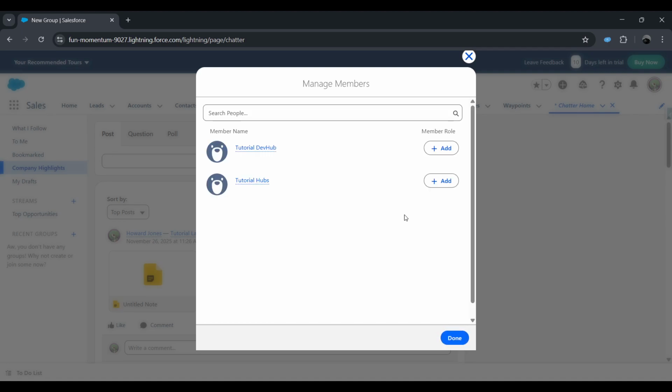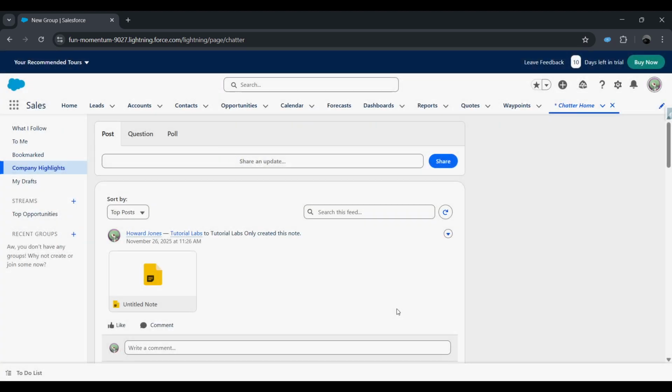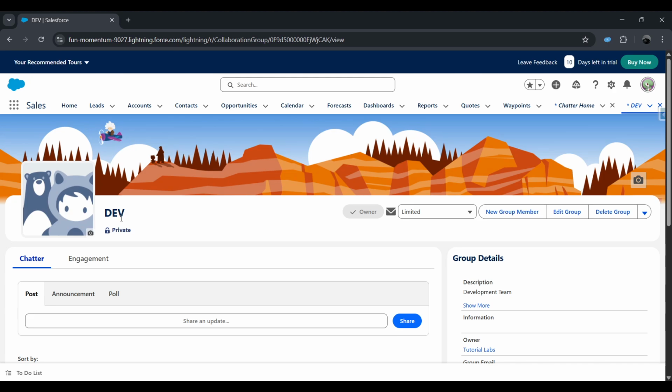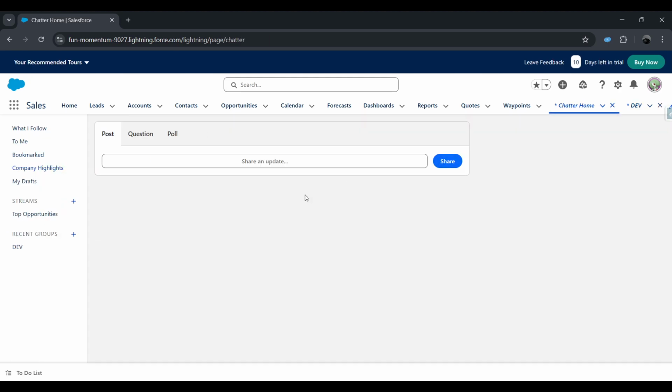Finally, you'll see a list of people from your organization. Here, you can click Add Next to any individuals you want to include as members of your group right away. If you prefer to add members later or let people join on their own, you can skip this step. Once you're finished adding members, or if you've chosen to skip it, click Done, and there you have it. You've successfully created a chatter group in Salesforce ready for collaboration and